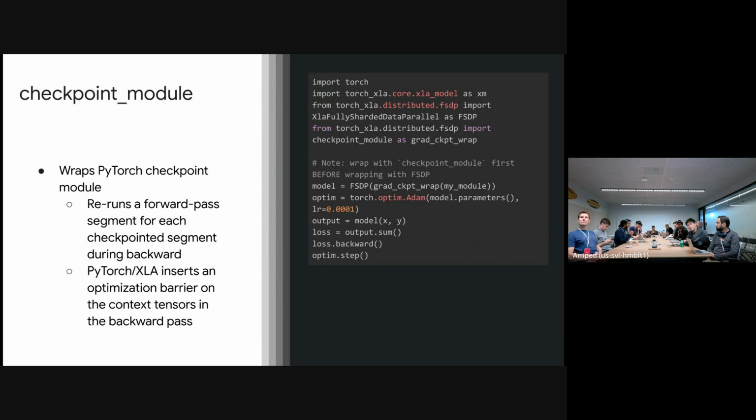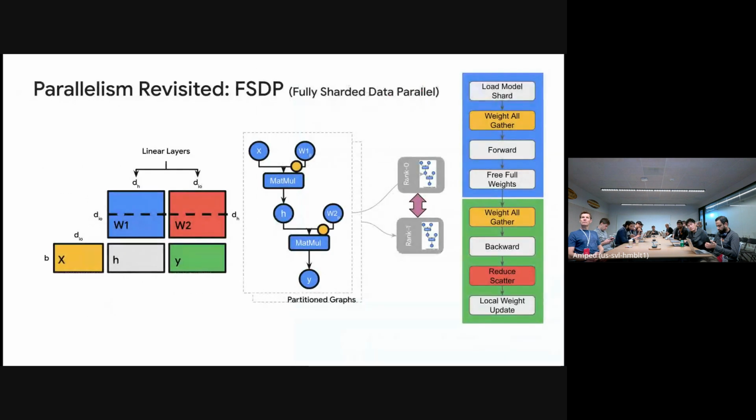Needless to say, you can combine this user mode FSDP and gradient checkpointing and do nice things. And this is what we also published in our blog post, which was able to get some really interesting scaling and optimization results as well. Now, I think if I go back to this diagram here, all this is great, but